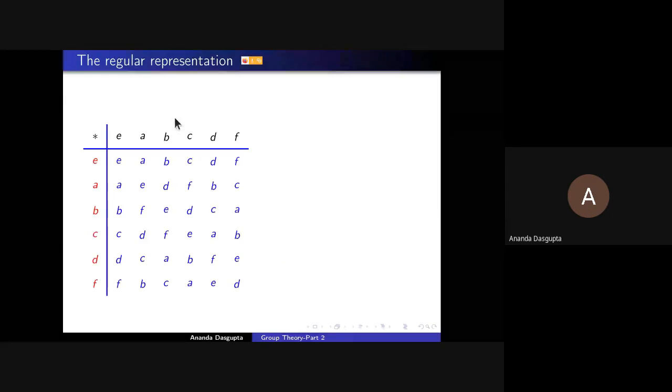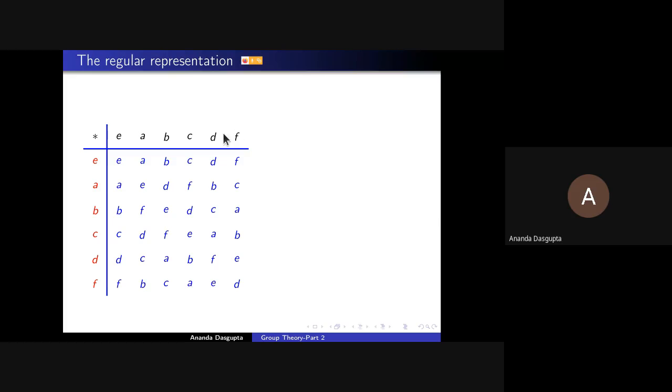So what I will do is write the multiplication table slightly differently. Instead of labeling the rows, which are the ones that sit on the left for multiplication, with the group elements themselves, we are going to label them with the inverse of whatever is sitting here. So instead of using E, A, B, C, D, F, we are going to use E inverse, A inverse, B inverse, C inverse, D inverse, and F inverse. Will that change the multiplication table? If you paid attention, you would have noticed that the multiplication table did change from here to here. Can anybody tell me what changed?